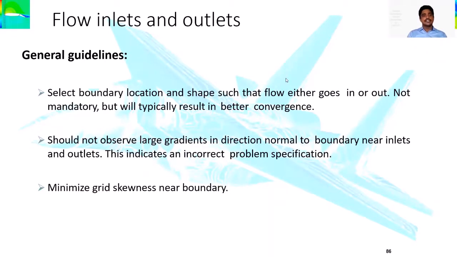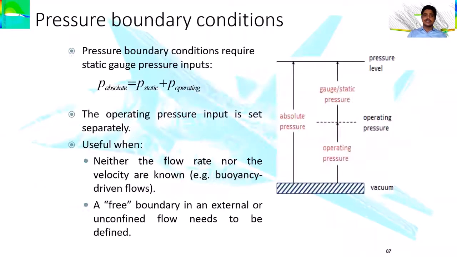Okay, fine. Next, let us move on to the pressure boundary conditions which you have studied earlier. As far as the pressure is concerned, from your fluid mechanics, we will be calling it the absolute pressure or the gauge pressure. The gauge pressure is the pressure defined by the instrument which we are using to measure. That measured pressure is called the gauge pressure.